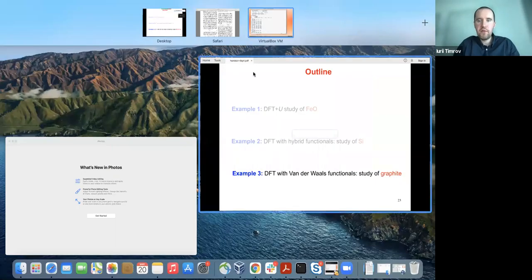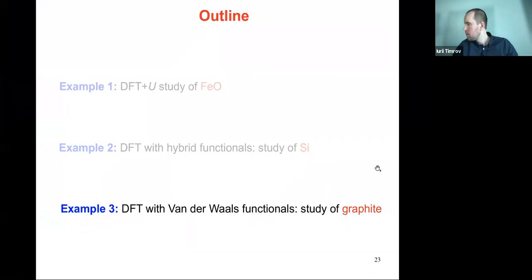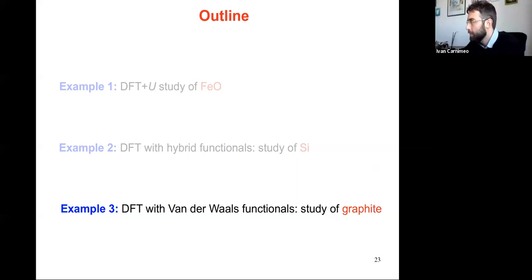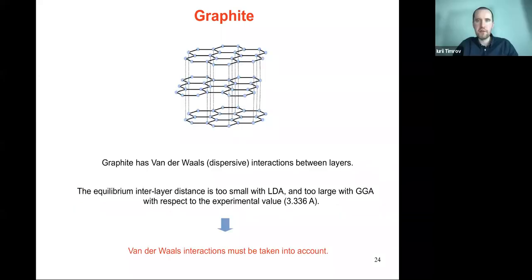Okay, so let's move on. For van der Waals functionals in graphite. In this example, the last one of this hands-on, we consider graphite because it has a layered structure. We have layers, and between these layers, we have van der Waals weak interactions. The experimental value of the interlayer distance is